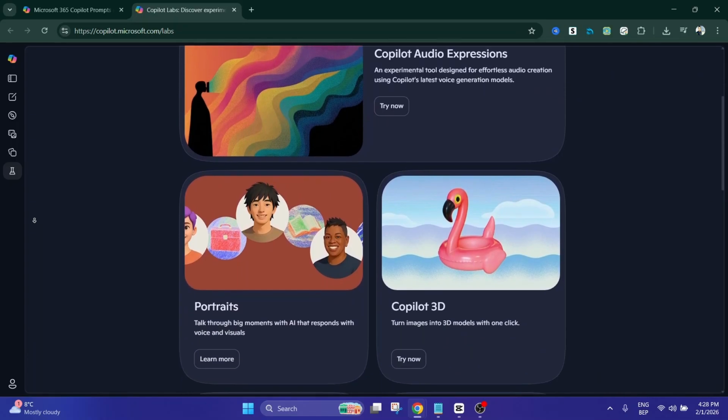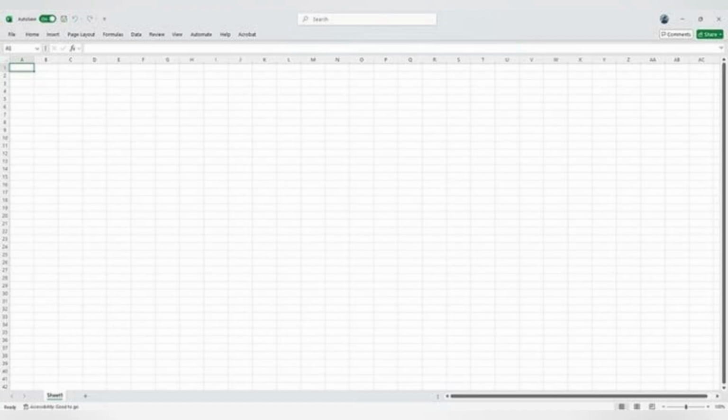First, open Excel on your computer and make sure it's updated to the latest version. Copilot Pro requires the newest updates, so it's important to check for any available updates before continuing. If Excel is not updated, go to the Help menu or Account Settings and click Update to get the latest